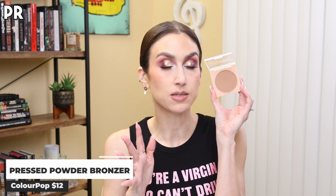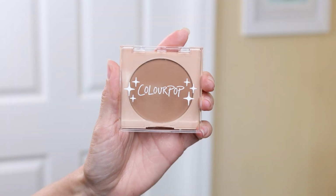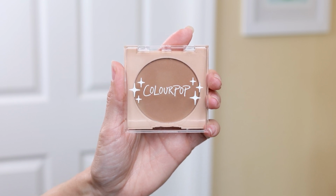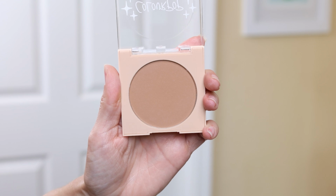And then the other one that's a little bit more buildable that I would use more now when I don't have a tan is the ColourPop Matte Bronzer in the shade Coconut Beach. This is my perfect shade for a bronzer right now. It is truly a neutral bronzer. This one is definitely pressed harder in the pan like their blushes, so there's not a ton of product that gets kicked up. I do have to work to get it built up, but I actually don't mind that